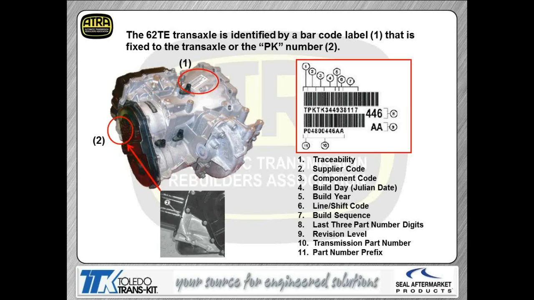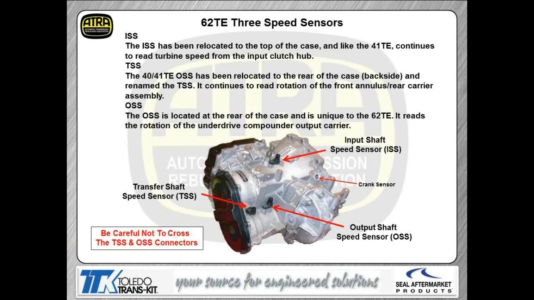One of the first things we notice on the outside of the transmission is we have 3 speed sensors now instead of the 2 that we're used to seeing on the 41 TE. And as you can see, we've added a side cover, and the valve body's been moved over to the side of the transmission. So the input speed sensor is still located right here on the top of the transmission, has been relocated there. It still continues to read turbine speed just like the 41 TE did off the input clutch